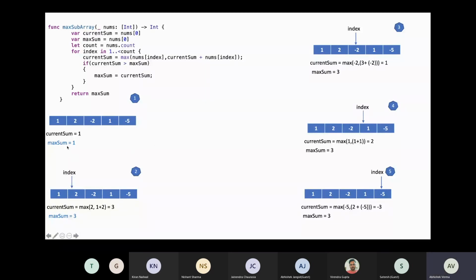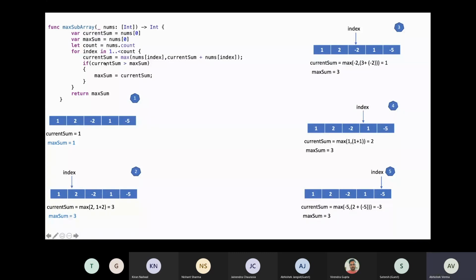Again, current sum is equal to 1 and max sum is equal to 1. As per this implementation, the current index is 1. This will be our initialization point, and the index will start from here.